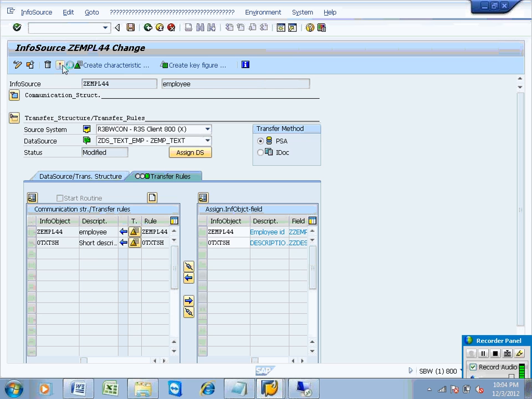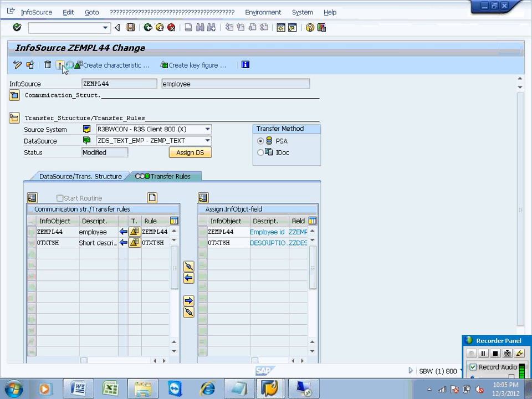Once transfer rules are generated, yes, you can see the data flow diagram and you can have an info package to transfer the data from the source system. Whenever you trigger the info package, it refers to the source system, which contains the data source, and the data source contains the extract structure.